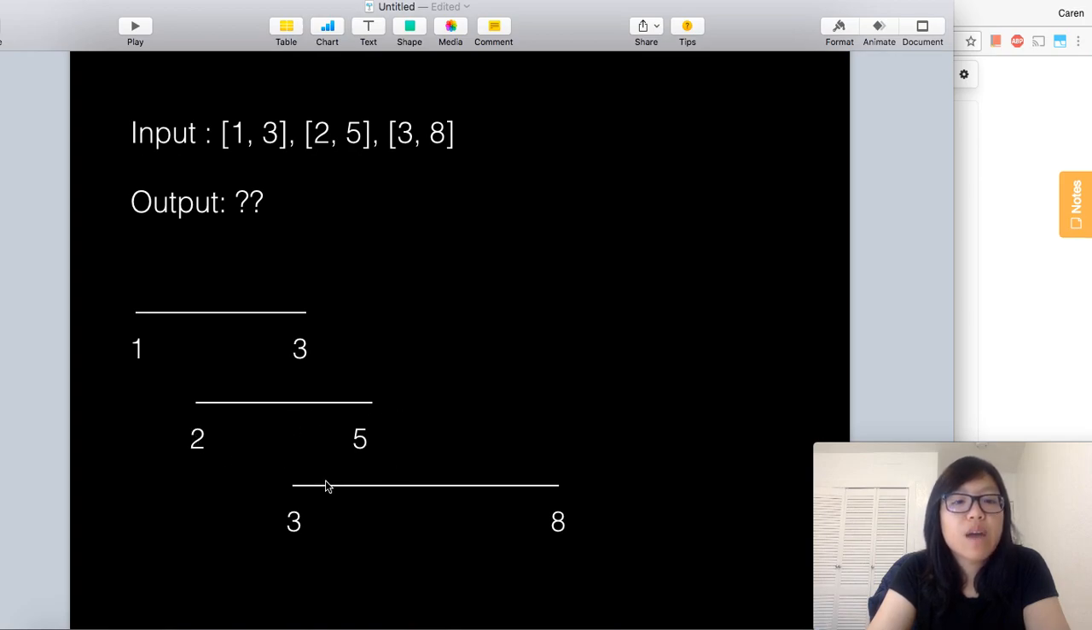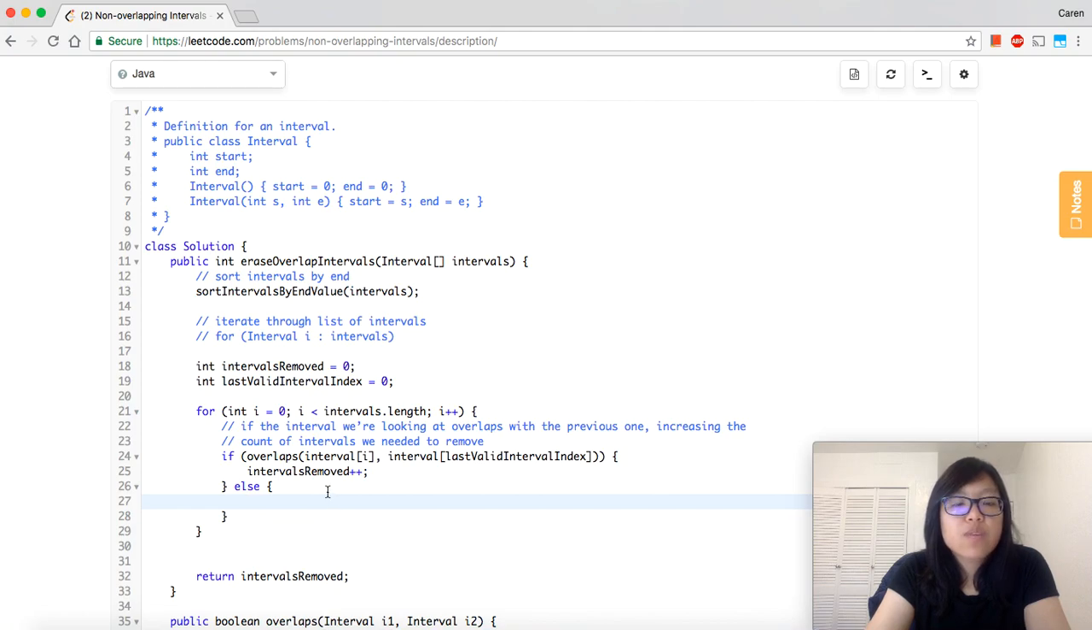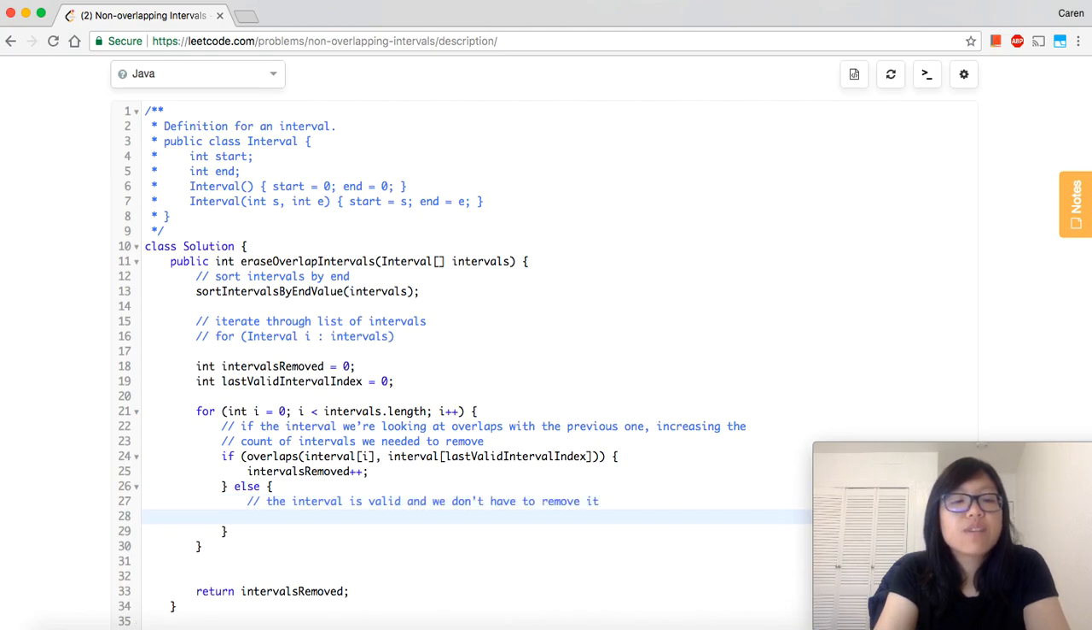But when we see something valid, so for example, if we see 3, 8, and it's valid because it's not intersecting with 1, 3, then we do want to increase the index so that the next time we compare an interval, it's comparing with 3, 8 and not 1, 3 or 2, 5. So whenever we see something that doesn't overlap, so if we're in the else case, this means that the interval is valid and we don't have to remove it. So if we're in this case, then now this signals to me that we need to update our last valid